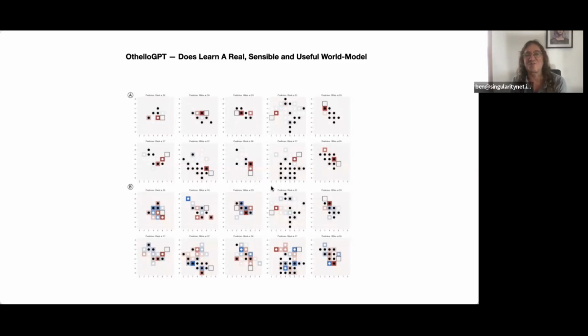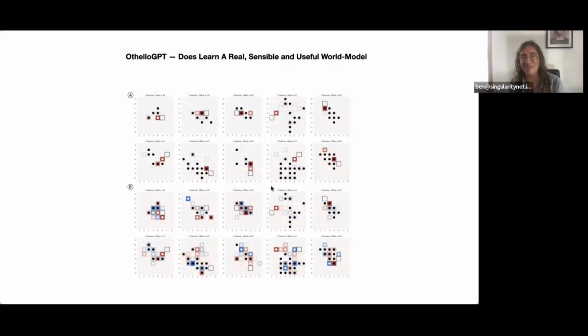So there's an interesting system called Othello GPT, where they trained a transformer neural network, the same kind of neural net underlying large language models. They trained a transformer neural network on just a huge number of Othello games, right? And what you find here is not only can it learn to play Othello okay, it's not necessarily the best way to make an Othello playing program, but it's an okay way. But if you probe the internal states of the neural network, right,